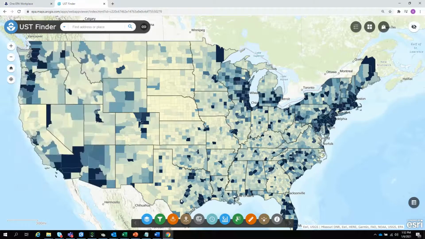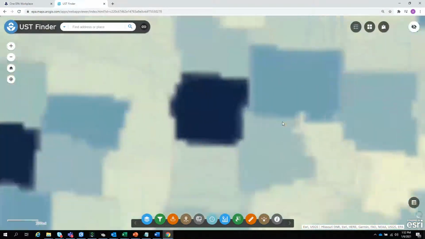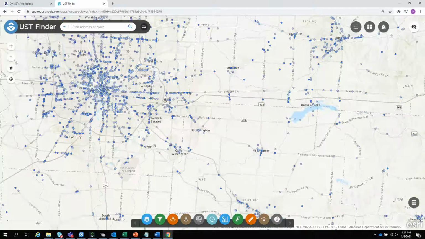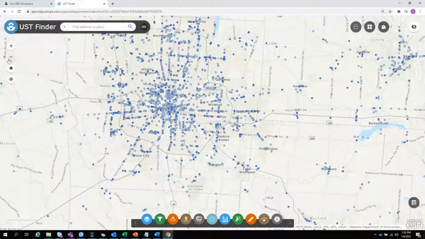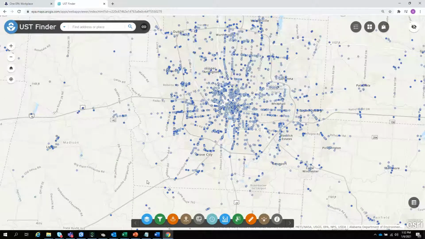Here I'm going to discuss some of the tools and widgets that can be applied to the data found in USFinder. So let's again just zoom into any area in the country. And I can zoom in with my mouse again, or just these zoom in and zoom out tools here. And here, again, we're looking at the underground storage tank facilities. An important